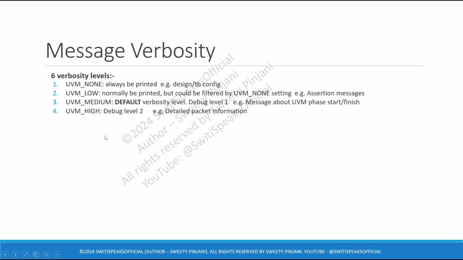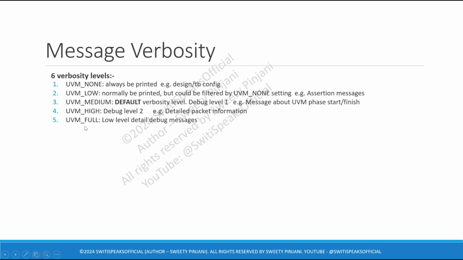Next, if you want some more detailed debug compared to medium, then you set UVM high. It is the second level of debug. For example, you know now which phase you have entered, and you also need to know the packet information in that phase. This can be the second detail in the debug.